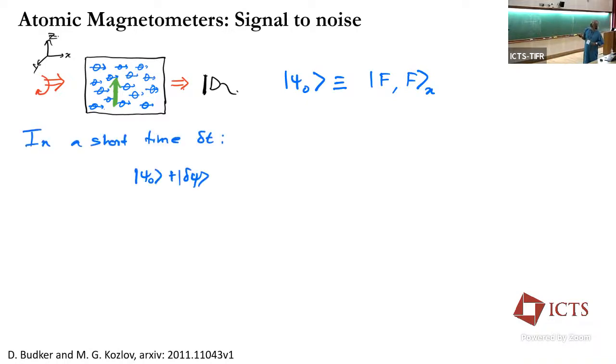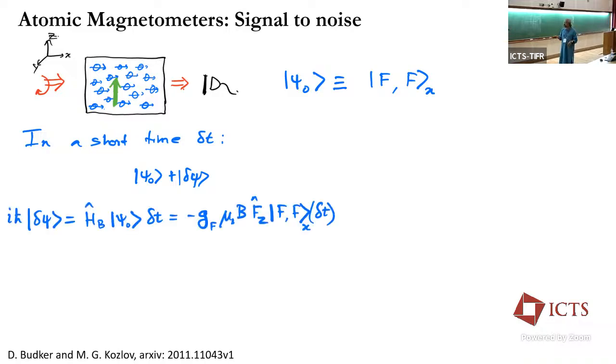So one way we can start thinking of this problem is that we are trying to detect a small signal, as in a small magnetic field. So we start by polarizing the atoms, so mF is basically F, but in the X direction. And let's ask the question: in the presence of a magnetic field, what happens to the state in a short time? How much is the state changing? And actually this is just the simple Schrodinger equation.